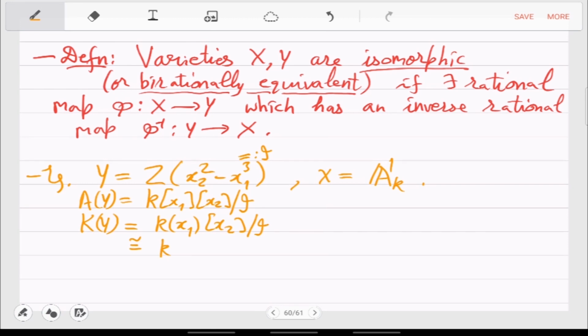Actually you introduced the square root of x1 cube, which is basically introducing the square root of x1. So I can just write it like this. Okay, this is the function field, transcendence degree 1. In fact, it's a pure transcendental extension of k. What happens on this side? So here A of X is k[x1], and K of X is just all the functions. So now what you can see is that